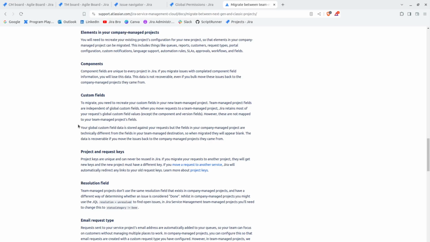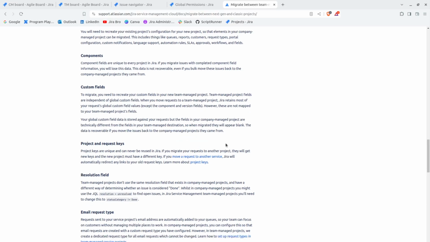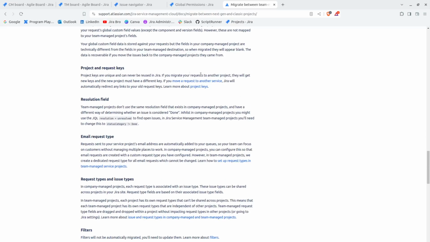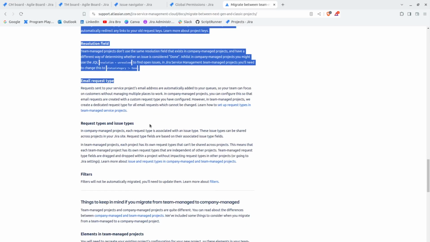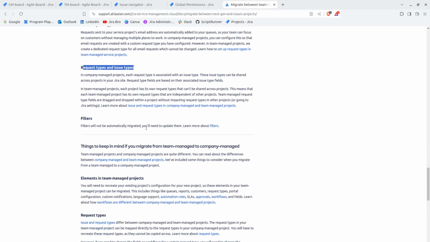So what it actually says in here, your global custom field data is stored against your requests, but the fields in your company managed project are technically different from the fields in your team managed destination. And this is also important, so when migrated, they will appear blank. You can, however, recover this data if you move the issues back to the company managed project where they actually came from. And there are other limitations like project and request keys, resolution field, email request types and issue types,